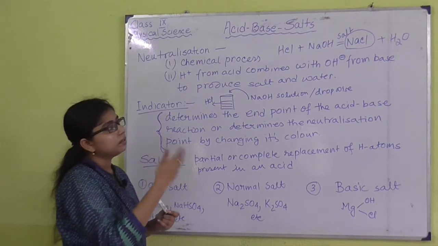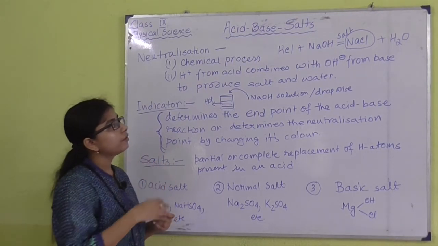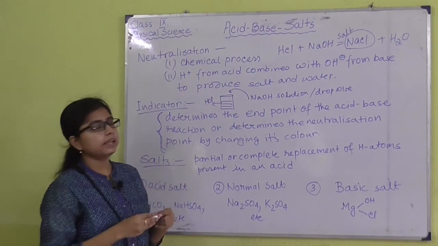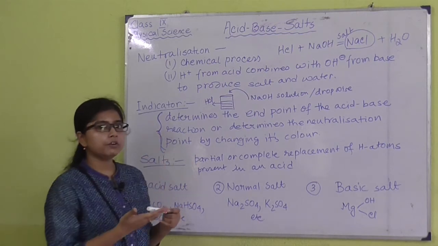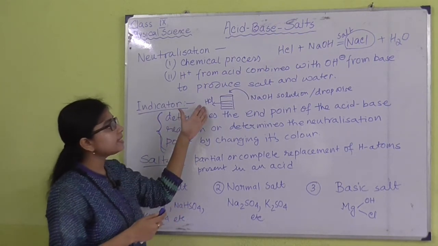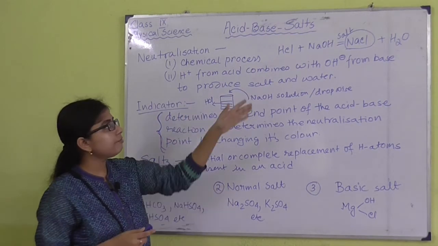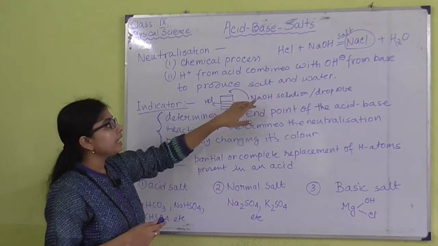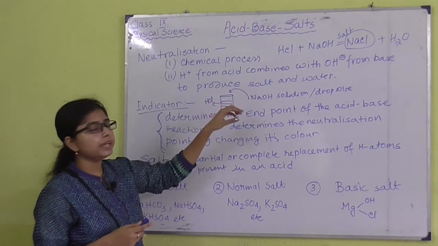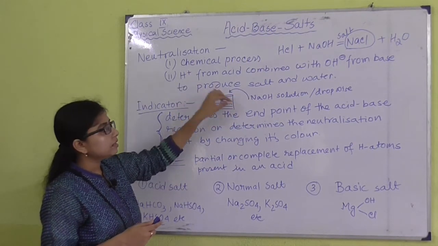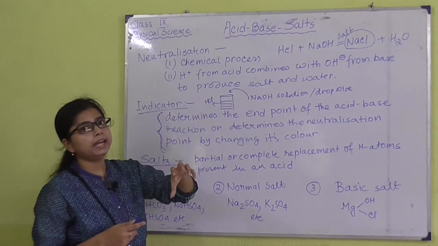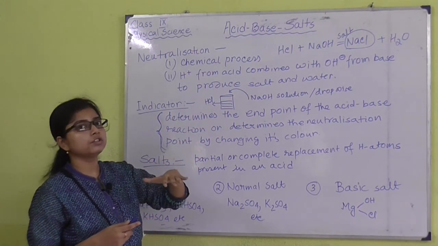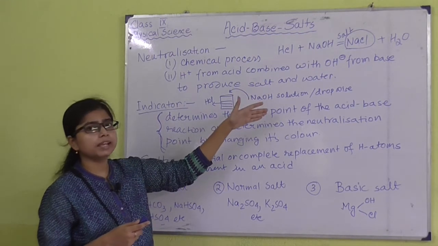Now after adding NaOH drop by drop, there will be a time when all the HCl will be neutralized by NaOH. That means all the HCl has combined with NaOH to form salt and water, and now if I add NaOH, then it will be only NaOH within the medium, okay, because all the HCl was consumed previously by NaOH,